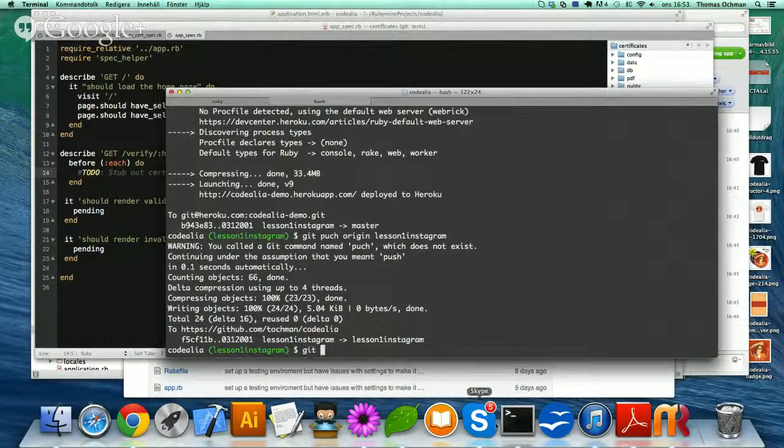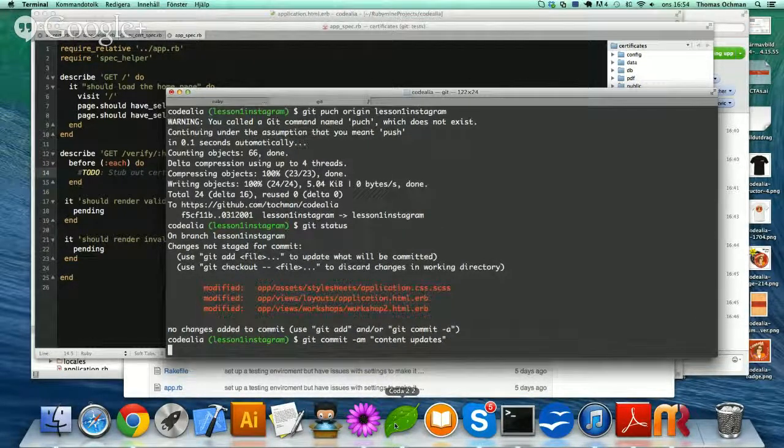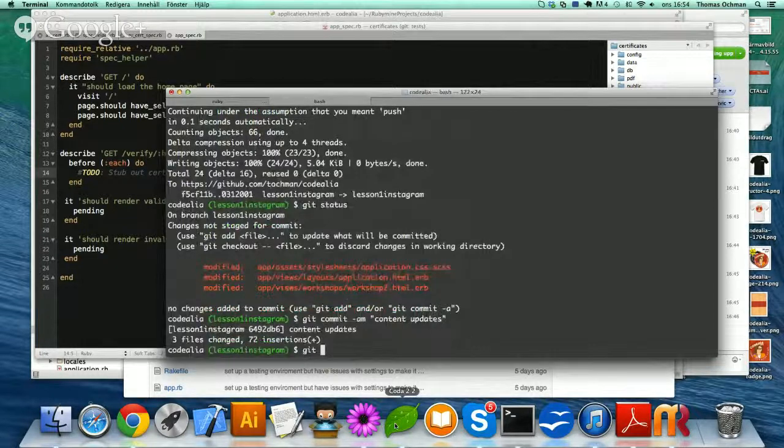Let's see. I'm just going to finish off what I was doing on Cordelia. Git commit, updates. Git push origin.